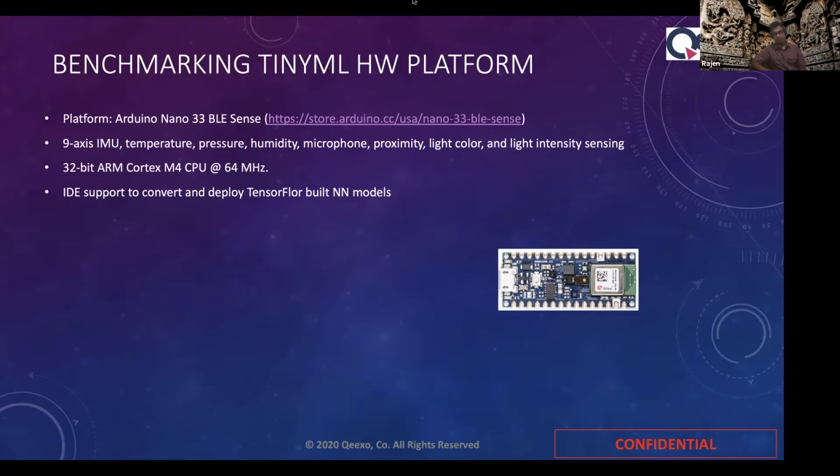It runs on a 32-bit ARM Cortex-M4 CPU operating at 64 megahertz, so it allows us to do 32-bit floating point operations on the device. It has IDE support, which can convert TensorFlow-built neural network models to Arduino sketches, and then we can deploy those sketches on the Arduino platform so that it becomes an AI node.